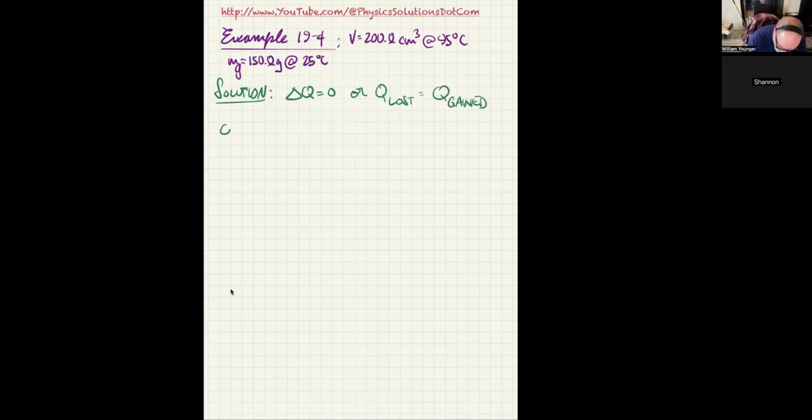I'm going to say Q lost is the heat lost by the actual tea. We know that the density of water is approximately equal to the density of tea, and it's equal to 1 gram per cubic centimeter. That means the mass of the tea is